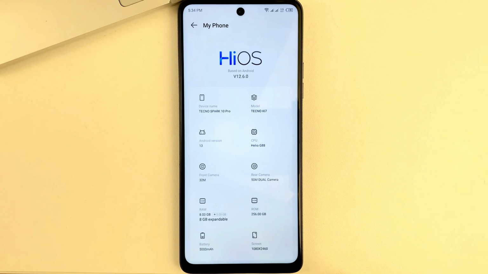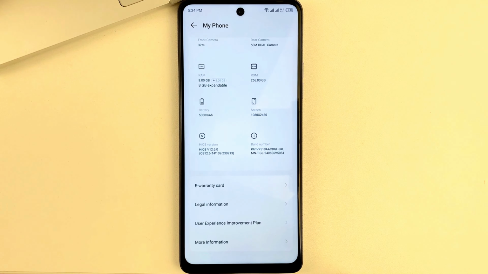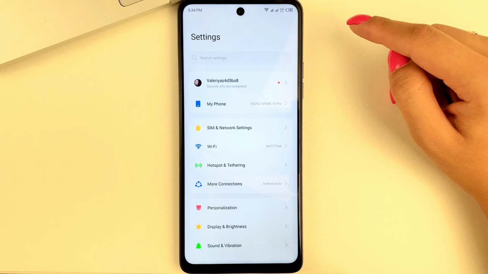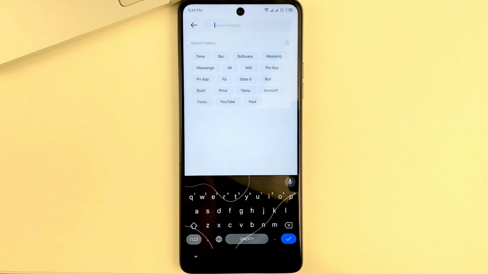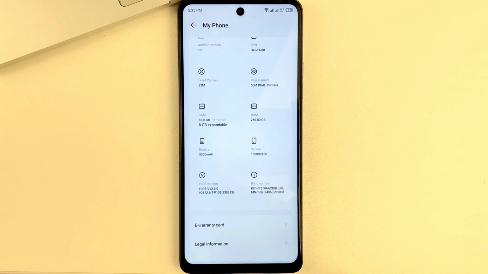Once you open your phone, then look for software, then look for an option called build number. If you can't find it, then I suggest you use a simpler option. For this, you will have this search bar at the top of the settings. Just type the words build number right here. Click on it, so you'll find the information you're looking for right away.